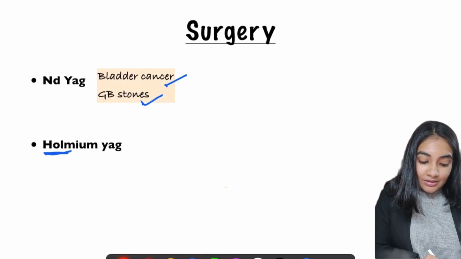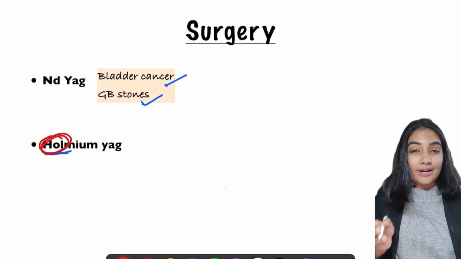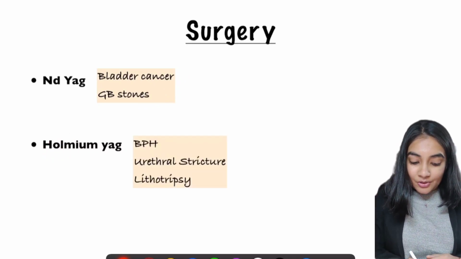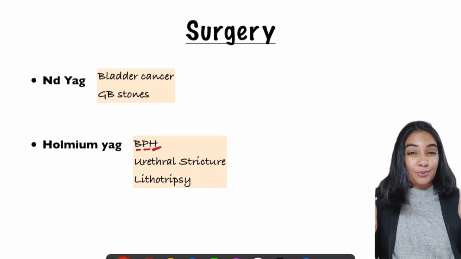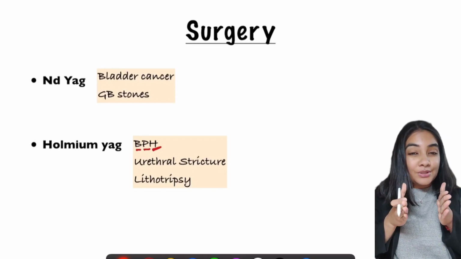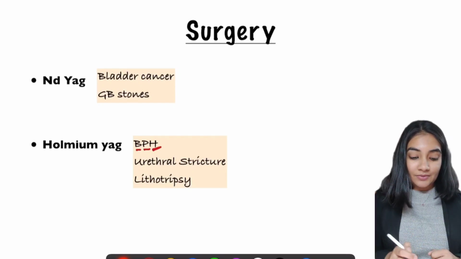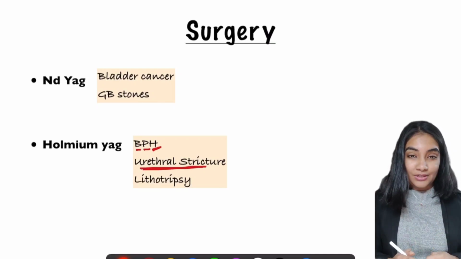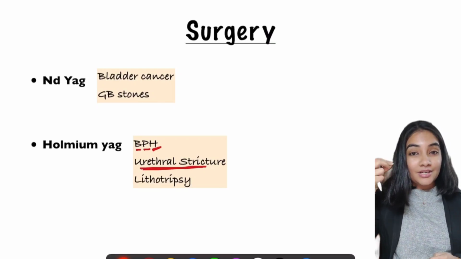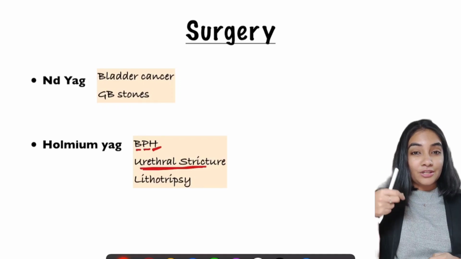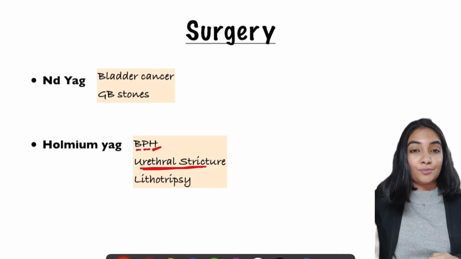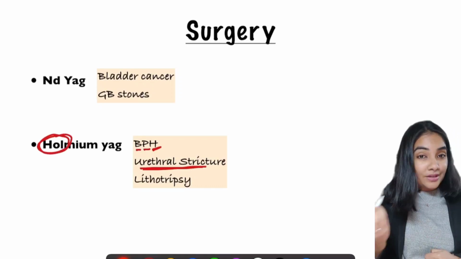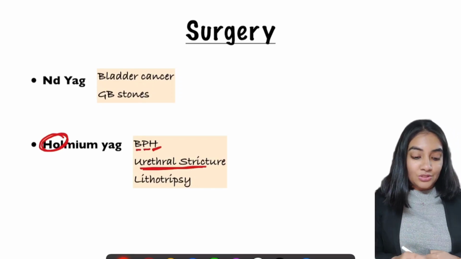First, holmium is used to create a hole or an opening. So if there is a benign prostatic hypertrophy, the prostate is hypertrophy, we need to create an opening for the urethra. If there is a urethral stricture, again we need to create an opening. Lithotripsy, there is a kidney stone, we need to remove it, we need to make an opening for it to pass. So any hole if we want to create, an opening if we want to create, we use the holmium YAG,